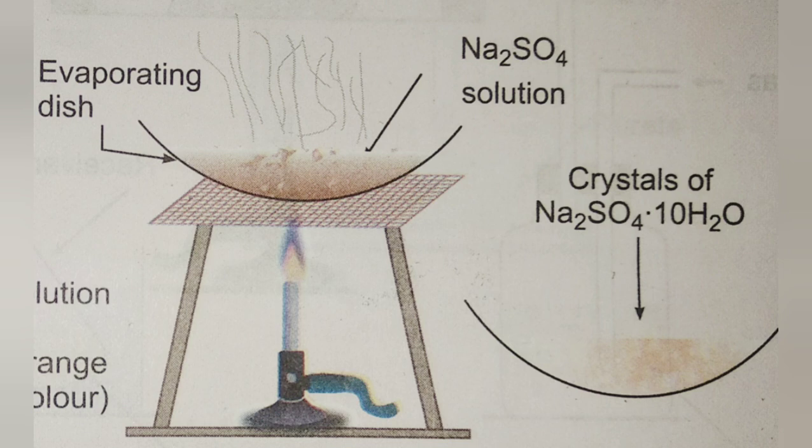The solution of sodium sulfate is formed in the reaction. This solution is transferred to an evaporating dish and evaporated till crystallization appears. The evaporating dish is then cooled slowly. After some time, colorless crystals of hydrated sodium sulfate appear in the dish. These crystals are filtered and dried. So, these are a few examples of the preparation of various salts with the help of various methods.